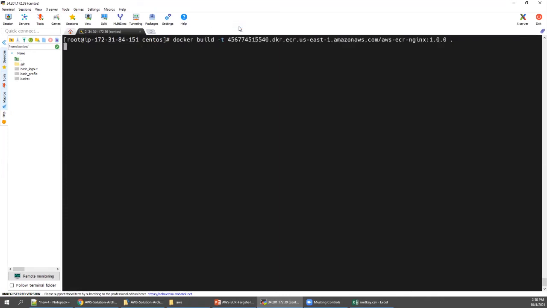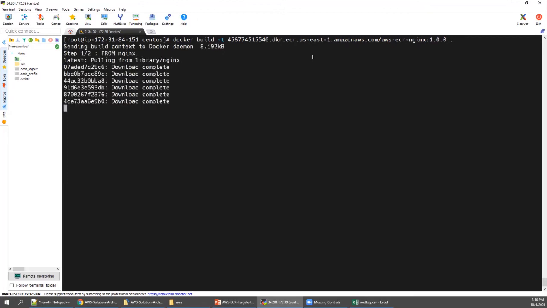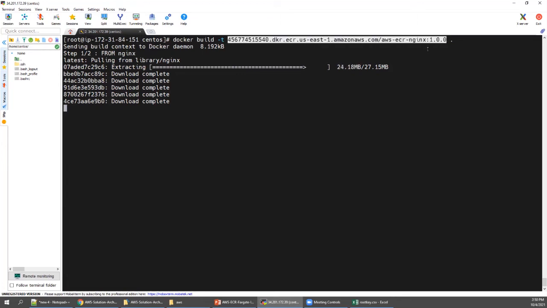Let's build according to the naming format tag. It started building the custom image, and the image will be stored in this naming format. Let's wait.